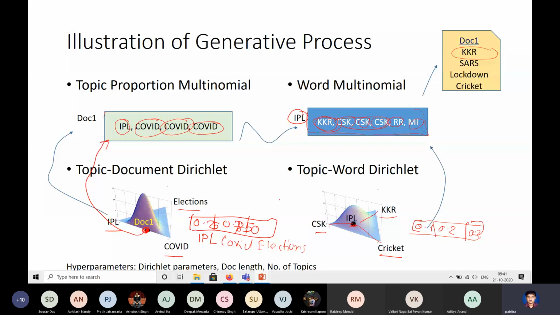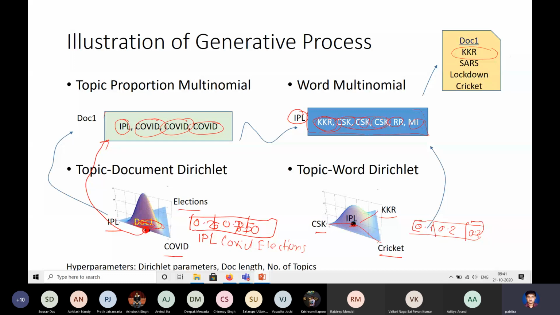See, what does this Dirichlet distribution say? It says that if you randomly pick up a doc, and the Dirichlet distribution is shaped like this, the docs would more or less lie in the corners or edges, more or less lie here. Because you have no control whatsoever. Once you have generated a doc, you have control over what topic it contains according to that proportion. But how you generate a doc or a topic proportion in the first place, you have no control. The only control you have is this kind of a constant, that as you generate doc one, most of the doc ones will be from this region.